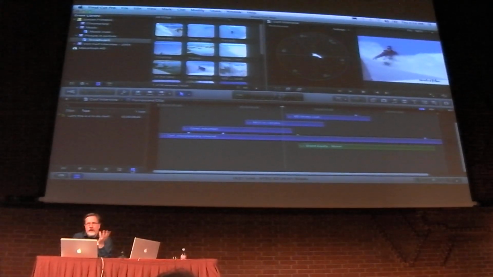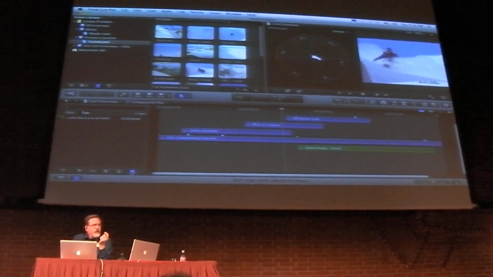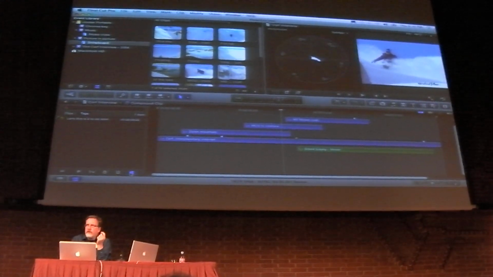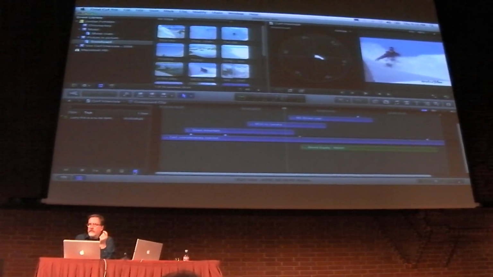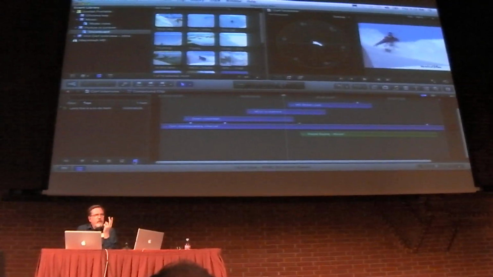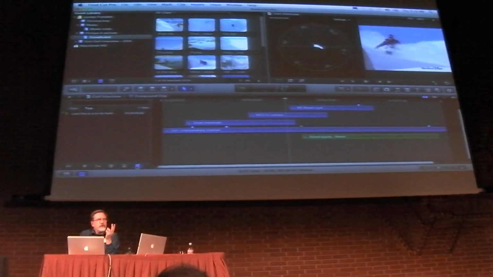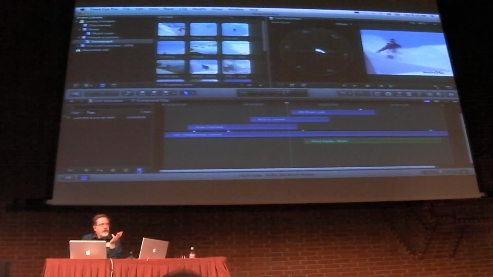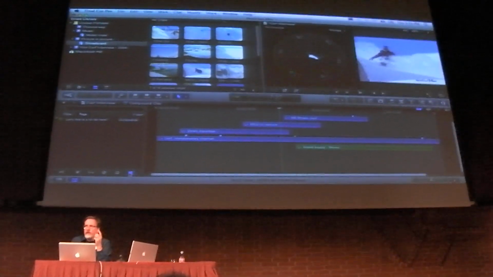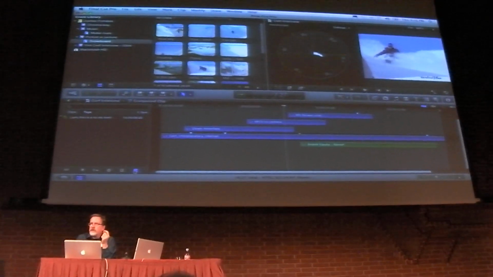What I'm sharing with you in this brief time we've got together is that there's a lot of thought that's gone into Final Cut Pro 7. That's point number 1. Point number 2, even Apple admits, as I've asked them, that Final Cut Pro 7 is not in its finishing state. For some people, Final Cut Pro 7 is